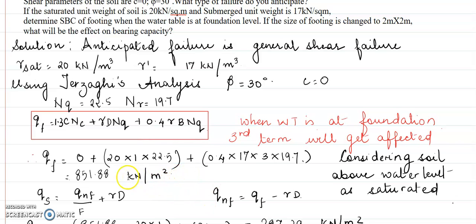I do not want to go into the depth because they are very simple problems. Basic understanding how to get Nq, N gamma and all, you all already know. So if at all you want to go through, you can go through BC Punmia. I will give you the problem number 24.17. Go through the problem number 24.17. You will understand typically how the problems are asked.